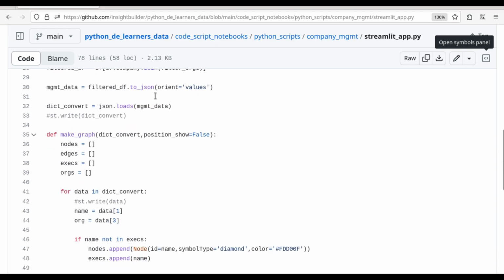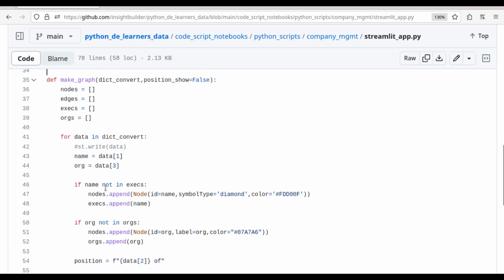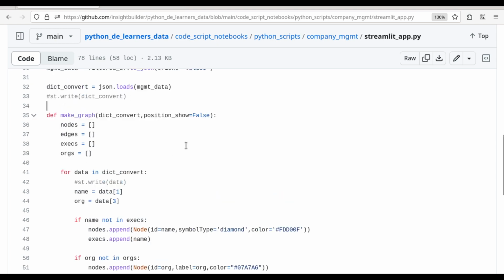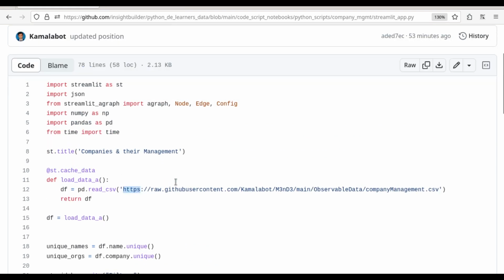Once I convert it, it will create a list of dictionaries, and I can use that list of dictionaries. So here I am sending this dict_convert list of dictionaries, and I am going to loop over it. If I go back and open this,